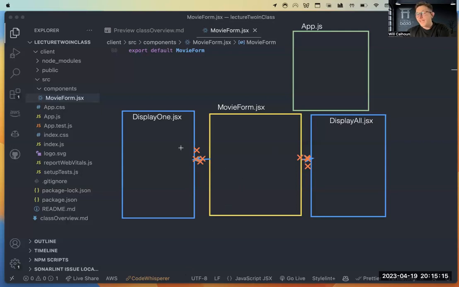It doesn't move between what we would call, anybody know what these would be called? What are display one, movie form, and display all? Think about an element. Yeah, exactly. Siblings. Siblings cannot share state. Not allowed. It cannot move side to side. But if you're thinking about it from a family perspective, what do all of the siblings have in common?